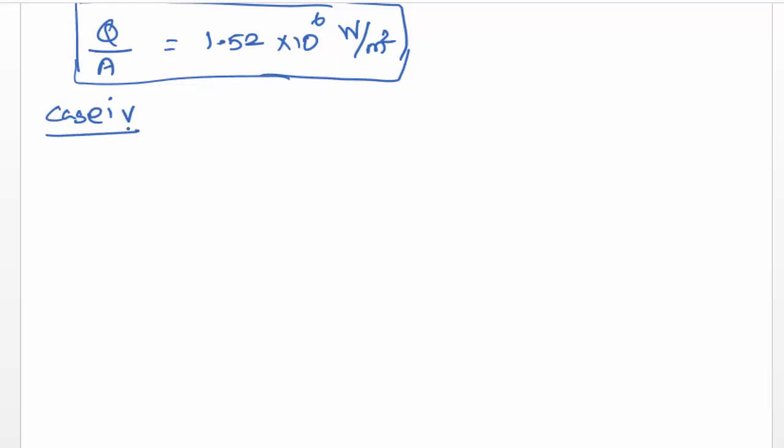In case 4, you are asked to find out the voltage at burnout point. Voltage at burnout. So burnout point is nothing but your critical heat flux point. After your critical heat flux point, suppose it is 1000 watts. In case the heat flux value exceeds the 1000 watts value, your electric wire gets burnt out. So that point is called the burnout point or critical heat flux point. Okay. Now you have to find out the voltage at that burnout point.